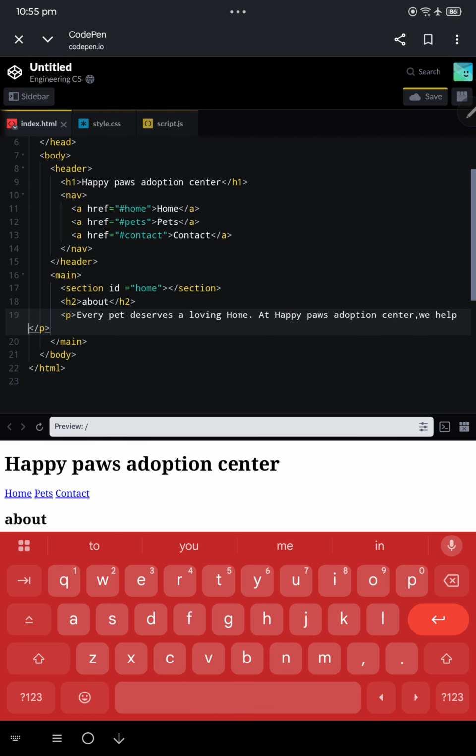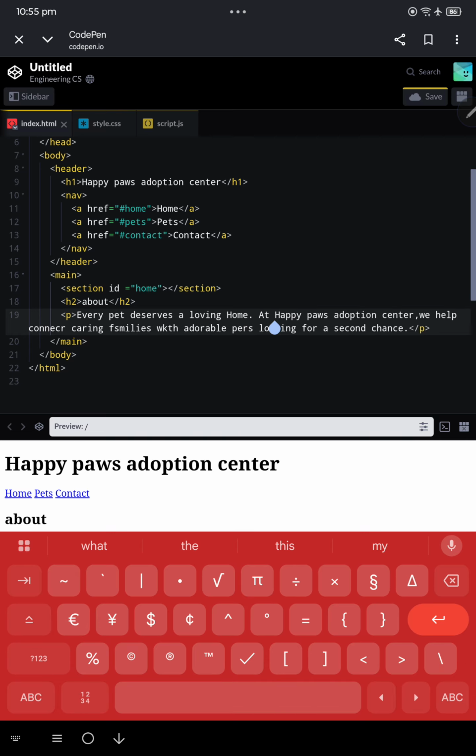We help connect caring families with adorable pets looking for a second chance. Oh my god, so many mistakes. Okay,